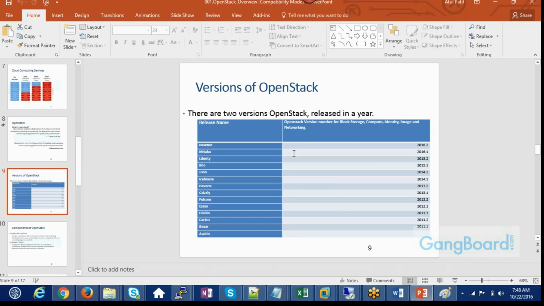In OpenStack, we have version types of systems. So what does version types of systems mean? In the year 2011, two big companies, NASA and Rackspace, built one code. That code name is OpenStack. Then they released that code on the internet, free of cost, because it's open source. You can see here they're using the name of the